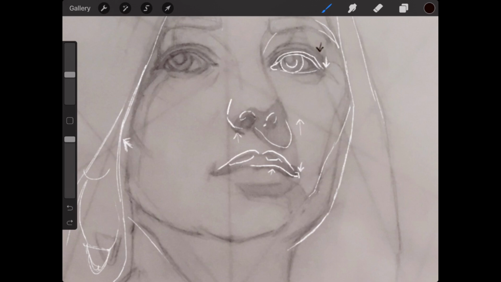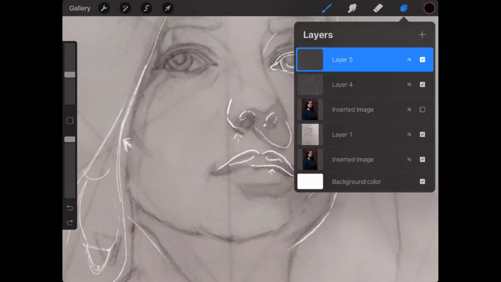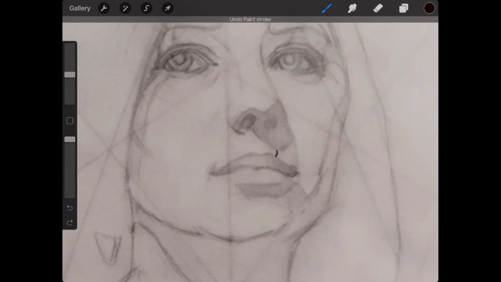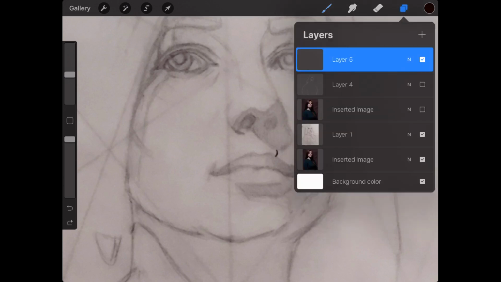But the key is if you make it too long, what tends to happen is we push the mouth down because it's easy for us to see the relative distance between the lips. So let me get rid of my white lines real quick. So you have a good, normal distance here, but because your loop is just slightly too long, it pushed the mouth down and you didn't give her as full of an upper lip as she has. So it's a very minor change, but it will help lock in her likeness.